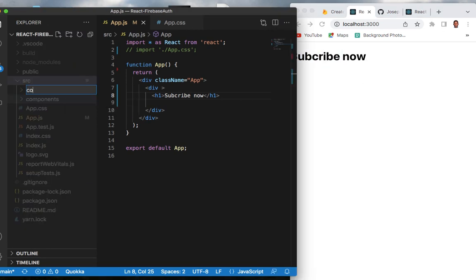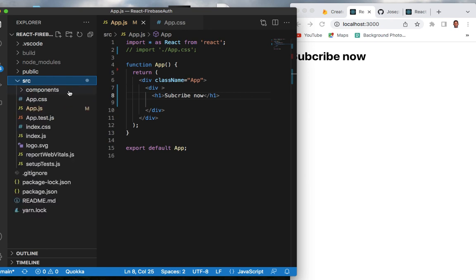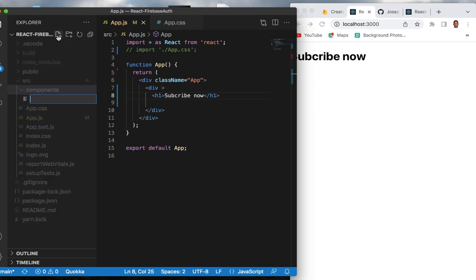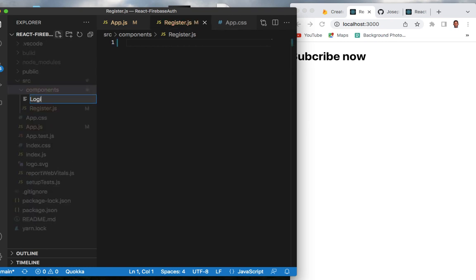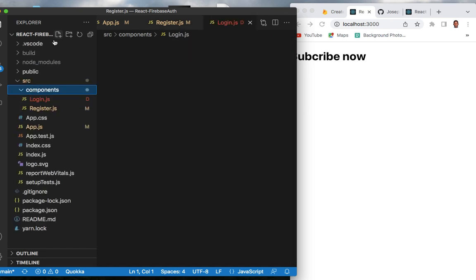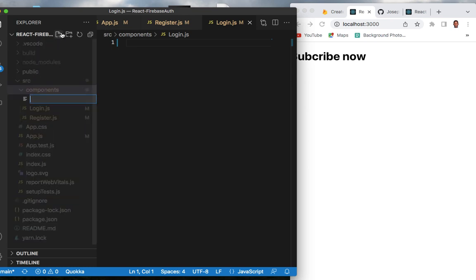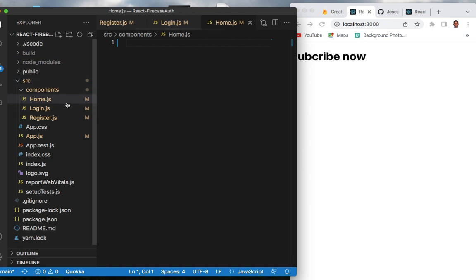So from that, name it components, and then inside the components we need to create a file called register.js. Let's create another file called login.js. From that we'll create another file called home.js. These are components. So from there,